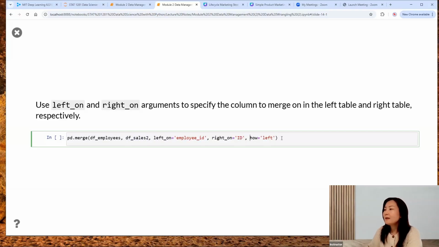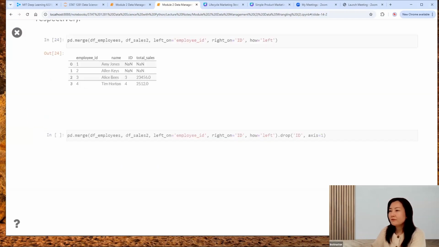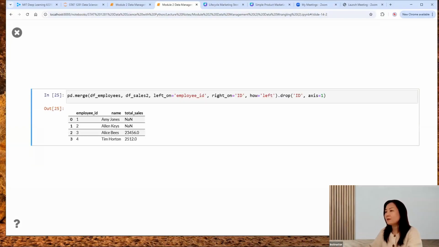It doesn't matter, right? And then let's do a left join. We get this result. And notice that there are two ID columns. It will not automatically remove the redundant column. If you want to drop it, you can just add a drop method at the end. Okay, then no repetition will be